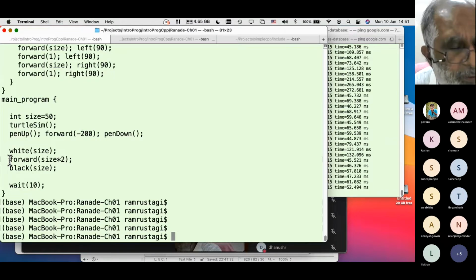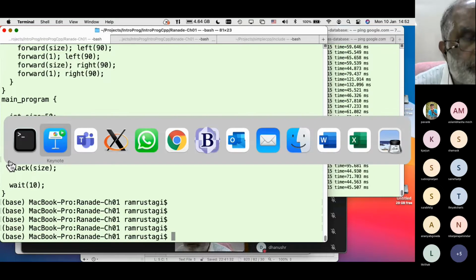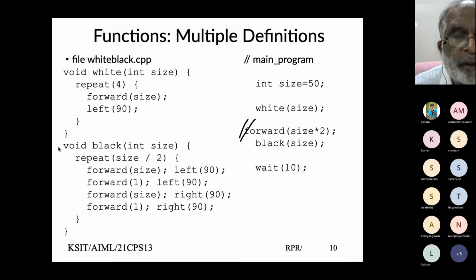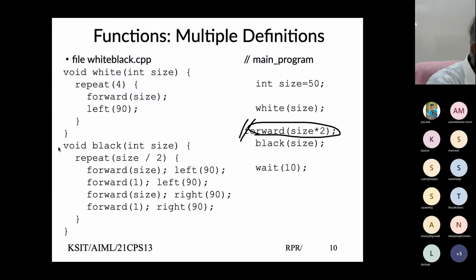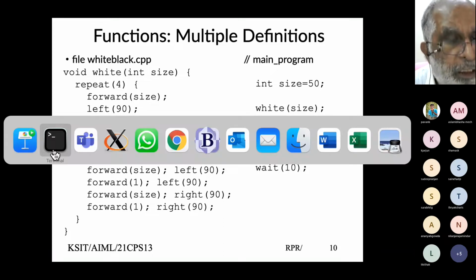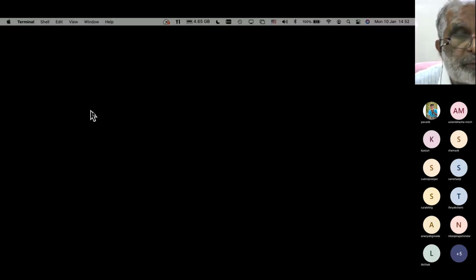What would the impact be? What would you see if I were to comment this forward line, and I invoke this code? So let's say if I were to modify my code,